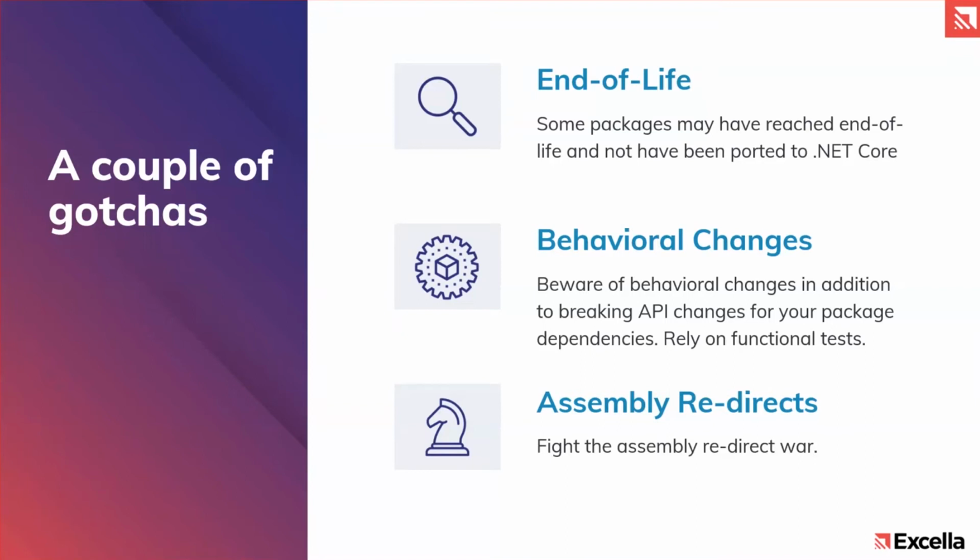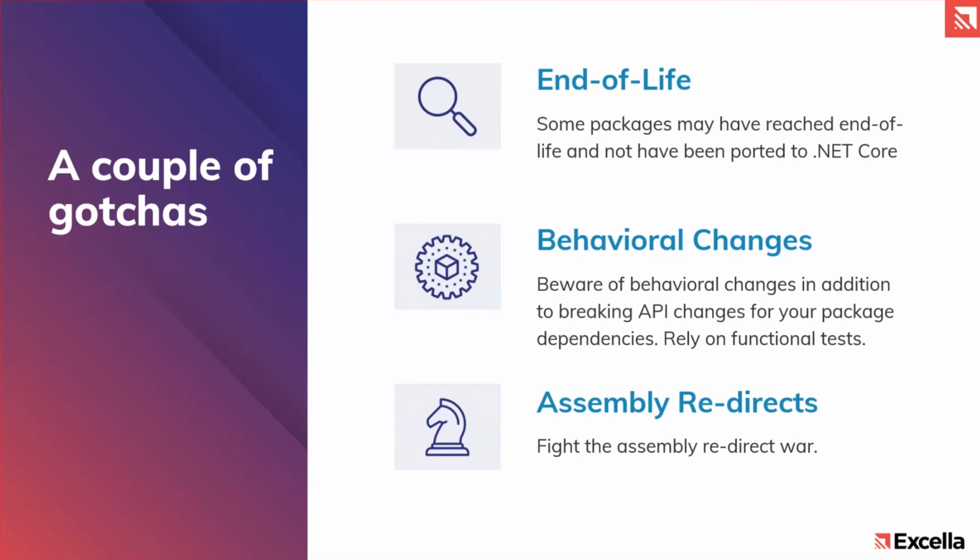So we had that issue with our test framework, AutoMock, for example. AutoMock does not exist in the core, so we had to change our whole mocking framework for 20,000 tests to AutoFixture AutoMock. And that was a large undertaking as well, because that's a different API. Similarly, we created emails that we sent to users. We used a Razor package for that called, I think, Razor Engine. And that was also out of life, or end of life. So we had to change that package to RazorLight instead. And you will probably run into more of these cases depending on your application. So be prepared to refactor your code as it comes.